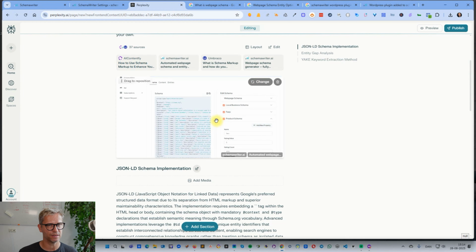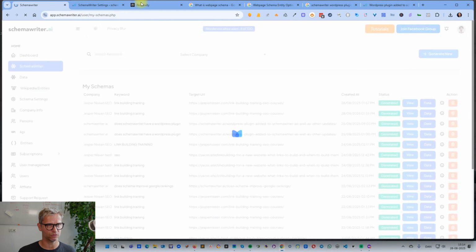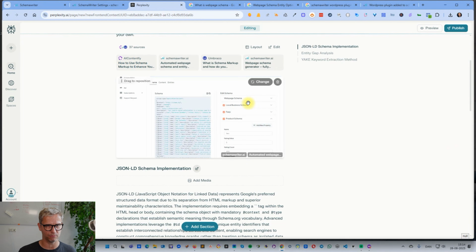This image is actually taken from the Schema Writer website backend, and I kind of like it, but if you haven't seen the backend of Schema Writer before, that looks like this. I don't know if this is the best representation of the Schema Writer